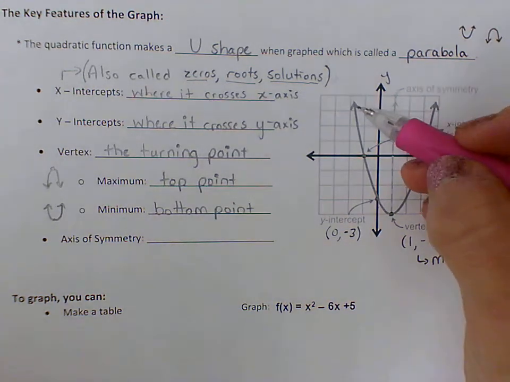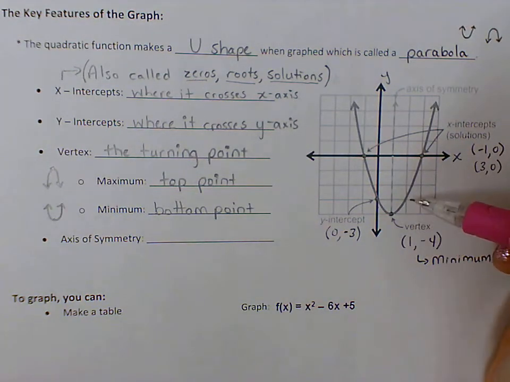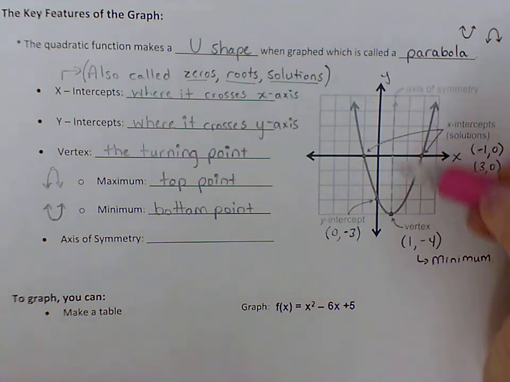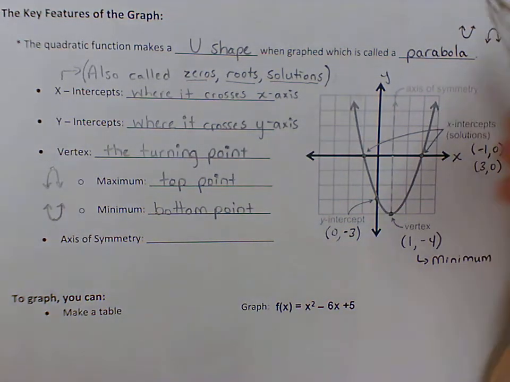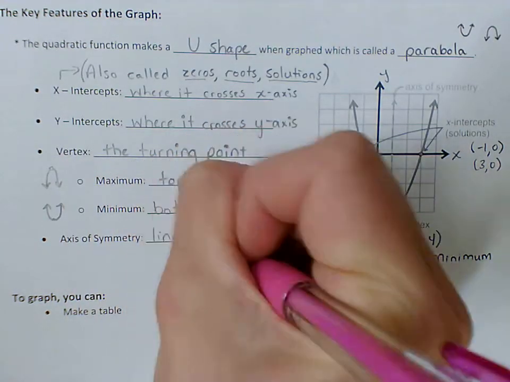And so notice your parabola, if you draw a line down the middle of it, it looks the same on both sides. So that line that splits it in half is called your axis of symmetry. And so the axis of symmetry is the line of symmetry